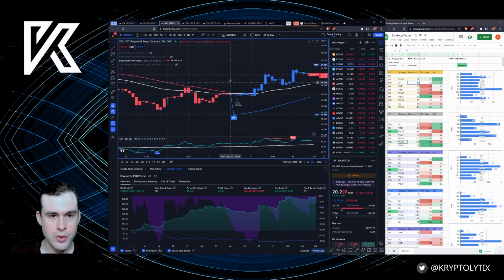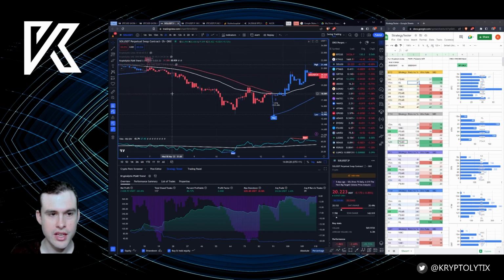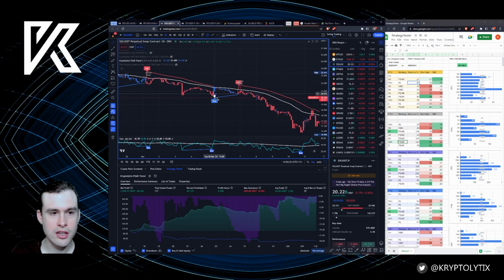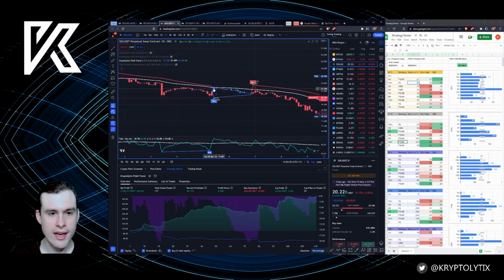say it triggered here, and you wanted to try and catch the retrace to the 21, because it often happens, especially with Solana, and you'll want to backtest to see if it does retest and maybe make a note for yourself. Or you could also use it as, if it breaks out and doesn't hold, then you could be a bit more aggressive with your stop loss, essentially.